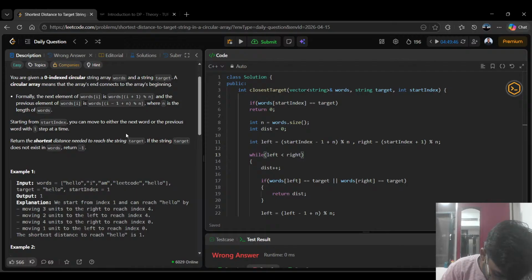Then right will increase, left will decrease in this case. And in that case, right will be greater. In this case, left will be greater. So in both the cases,